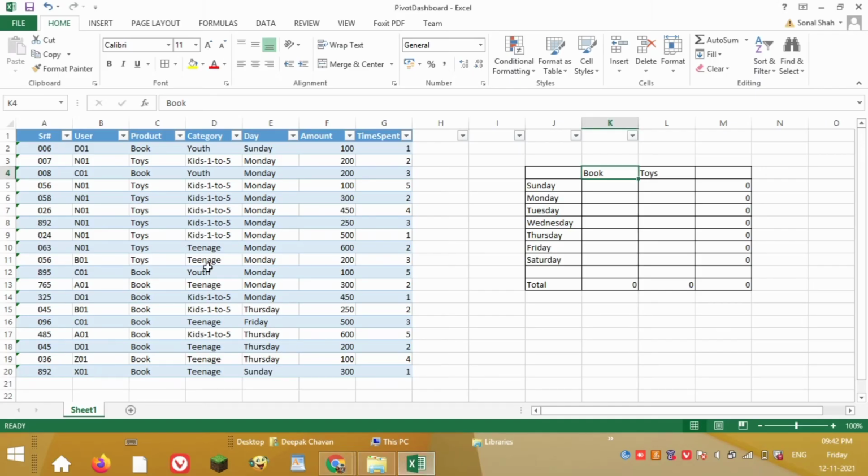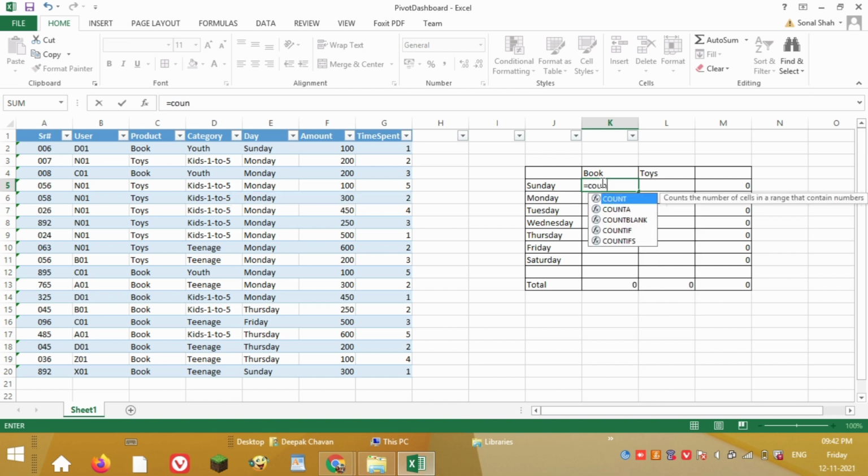So I'm starting with one of the complex formulas, which is COUNTIFS. Here we can do the count based on two dimensions. For us, each dimension means one column in Excel, and our COUNTIFS should cover the two ranges. Let's see.